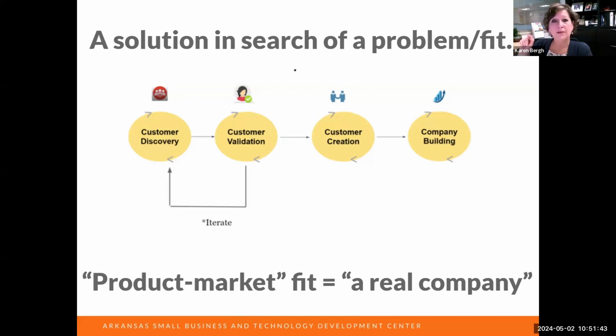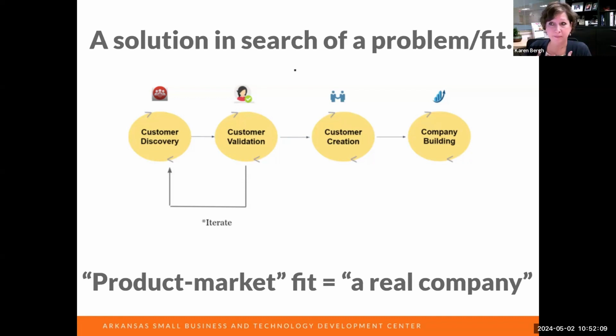Why? Because if you're in a relationship and they're seeing that you're improving your minimum viable product or whatever it is you're offering, if they're seeing that you're listening to them, then they're going to keep coming back and they're going to tell their friends. But also, the feedback is important because it can help you revise your business model or your offering.